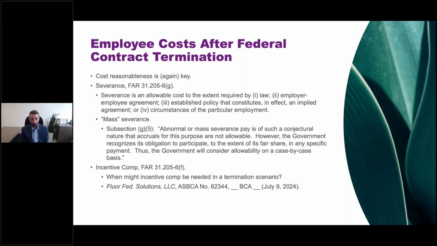Well, it can come up because a termination requires a lot of work to administer the termination, to do the windup. You might still have to make deliveries. The government can actually terminate in large part and say, but I still want you to deliver the following, right? So you may actually still have to do work while you're largely winding up the agreement. And in that case, you may have employees who say, look, what's the long-term prospect here? You may have employees who feel that they need to go find another position, but you may still need those people to continue work.